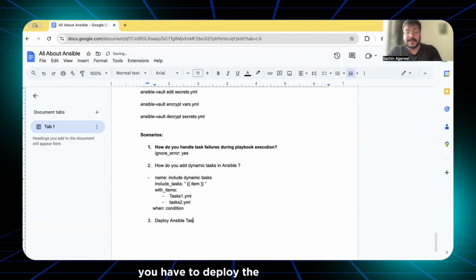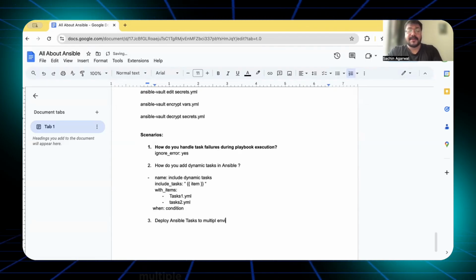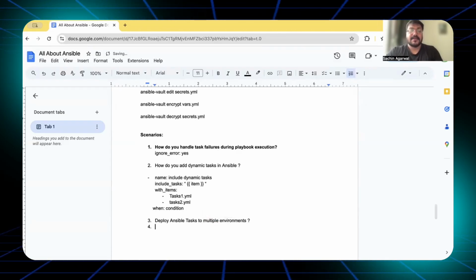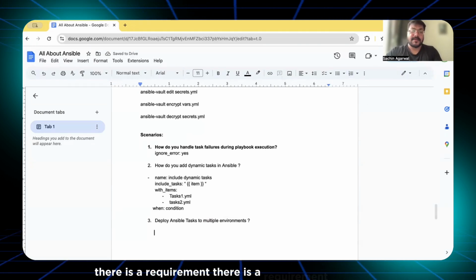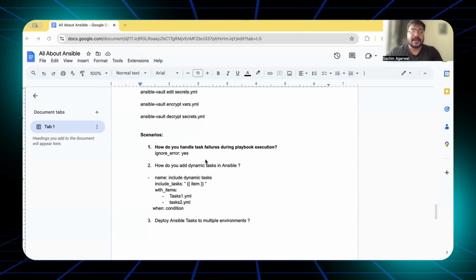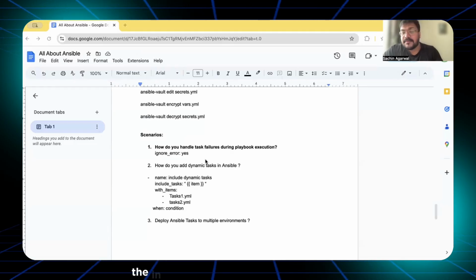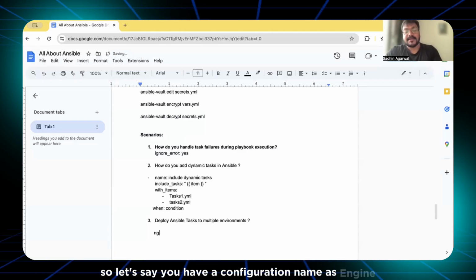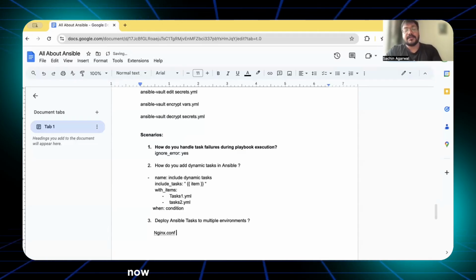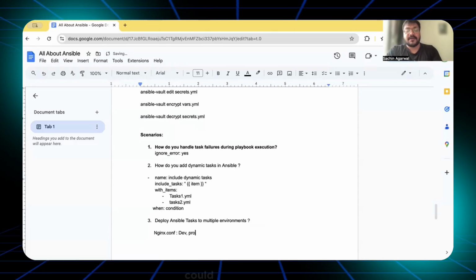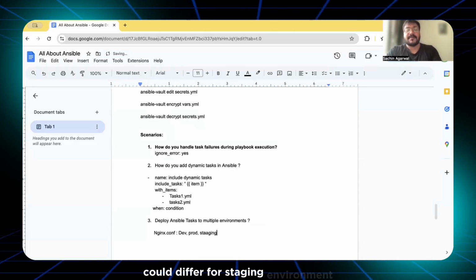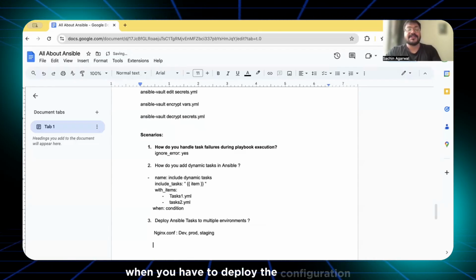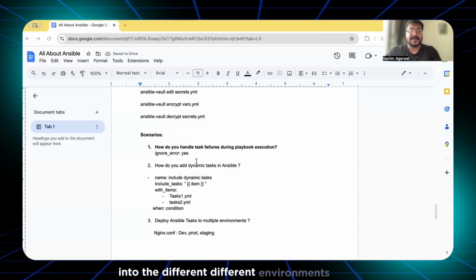Another scenario is you have to deploy the Ansible task to multiple environments. For example, there is a requirement to deploy some configuration. Let's say you have a configuration named nginx.conf. Now this configuration could differ for dev, could differ for prod, could differ for the staging environment. So in the scenarios when you have to deploy the configuration into different environments,